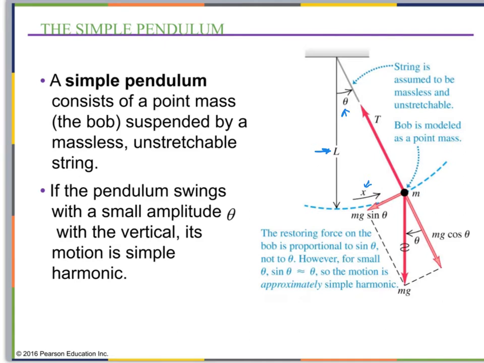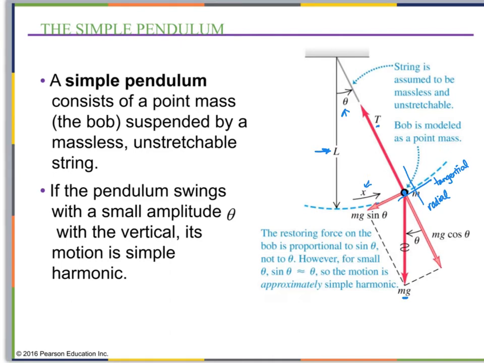So we do a free body diagram of this mass that's hanging by the string, and the two forces acting on it are the tension and its weight. We want to look at this in terms of radial and tangential forces, because it's basically moving in a part of a circle. So we're breaking down our forces into components. Instead of doing x and y, we're doing forces along the radial direction, along the radius, and